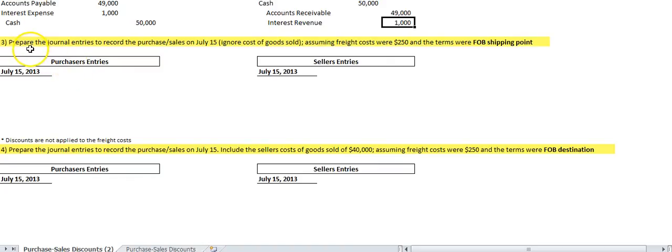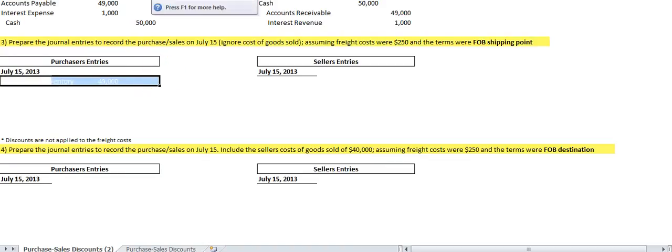As we look through this problem, we see that freight costs were $250. Okay, so let's see how we handle that. In this case, free on board shipping point, the seller takes it to the shipping point and doesn't have to pay. So the purchaser will pay the $250 shipping cost. So what's going to be the merchandise inventory amount? Well, let me not get ahead of myself, because you'll see how the merchandise inventory amount is going to include the $250